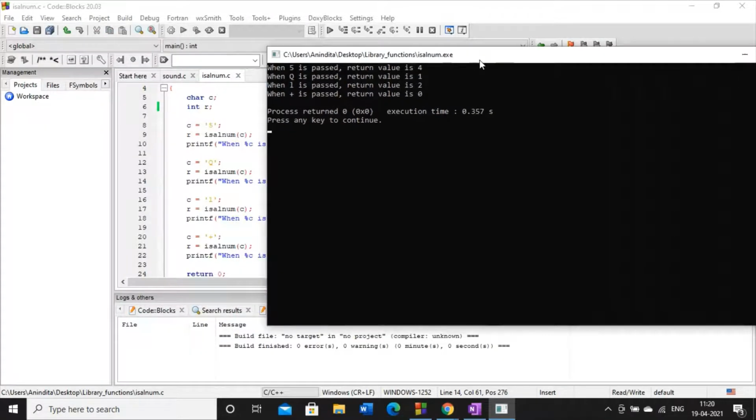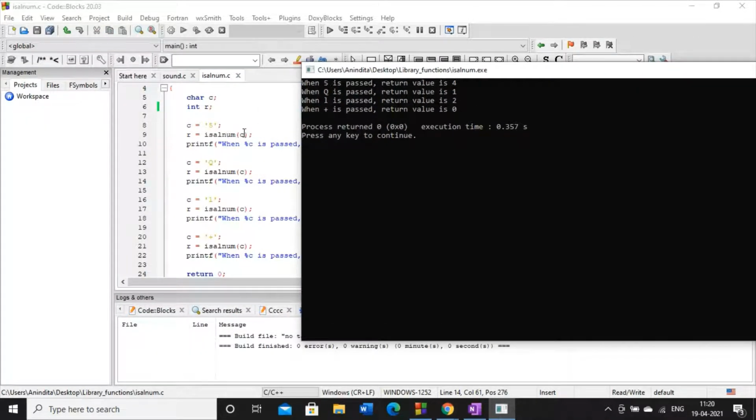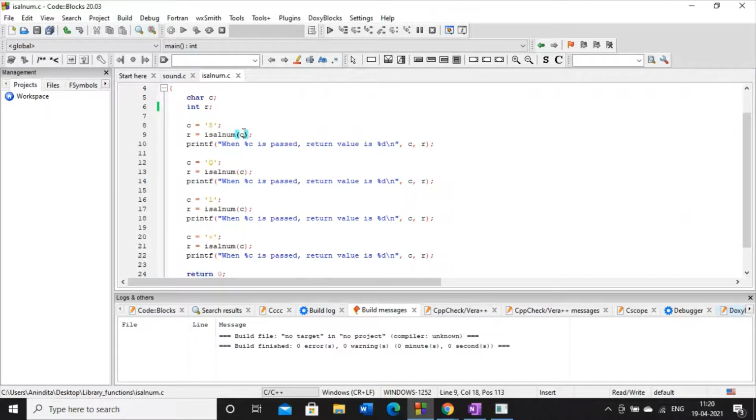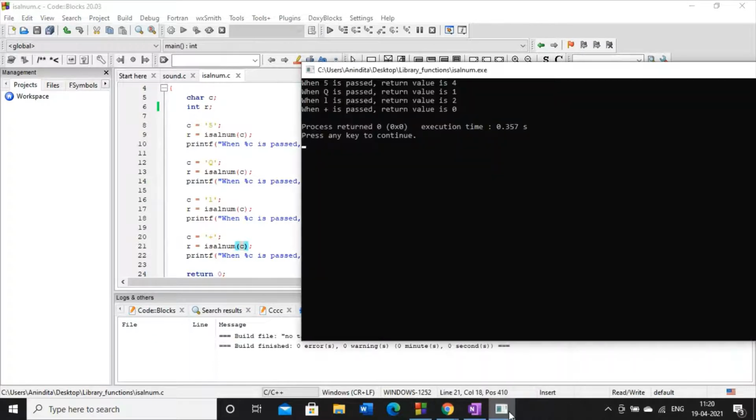In case of C, whenever the argument that I am passing inside this function is alphanumeric, C returns a non-zero value. Non-zero value does not imply that it will always return 1. Non-zero means it can return any positive value. But if the argument is non-alphanumeric, like plus, then it will definitely return 0. This point you have to remember.